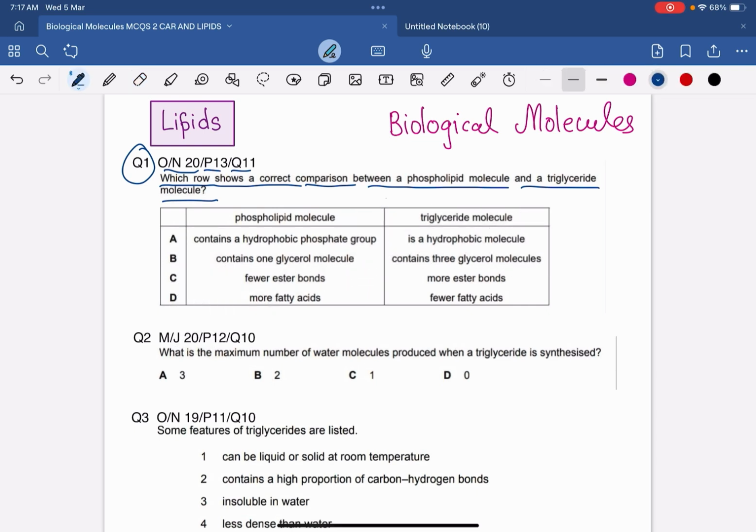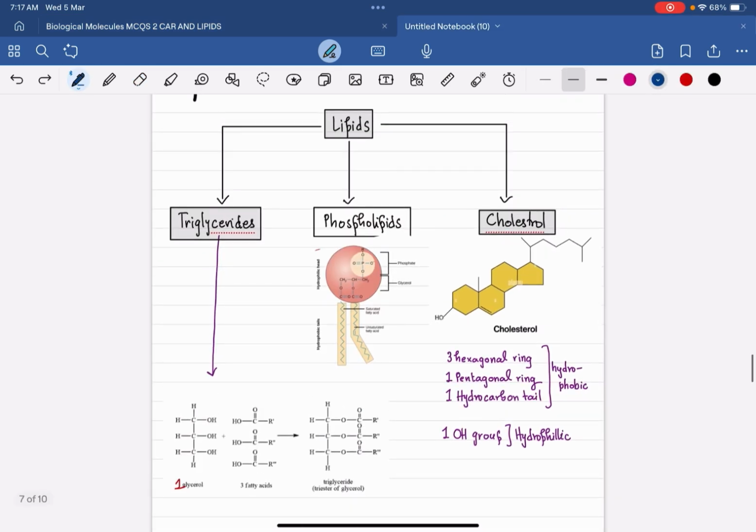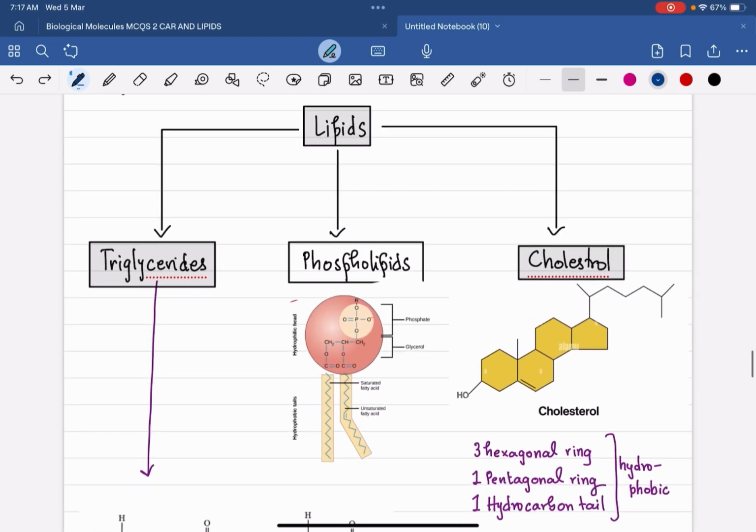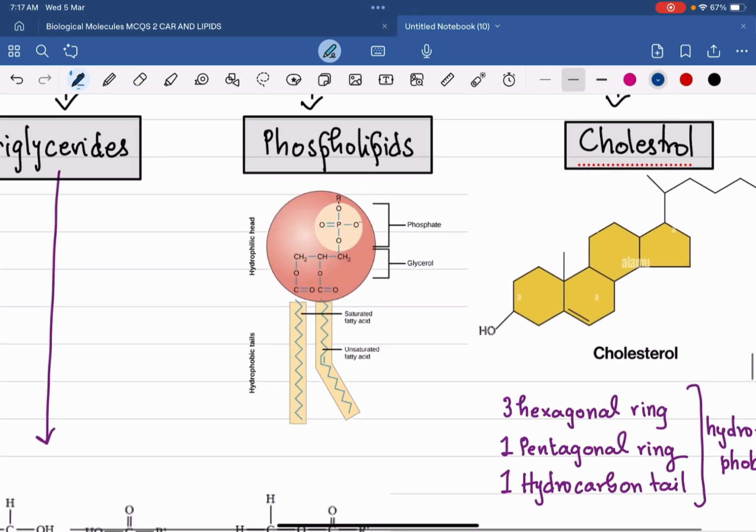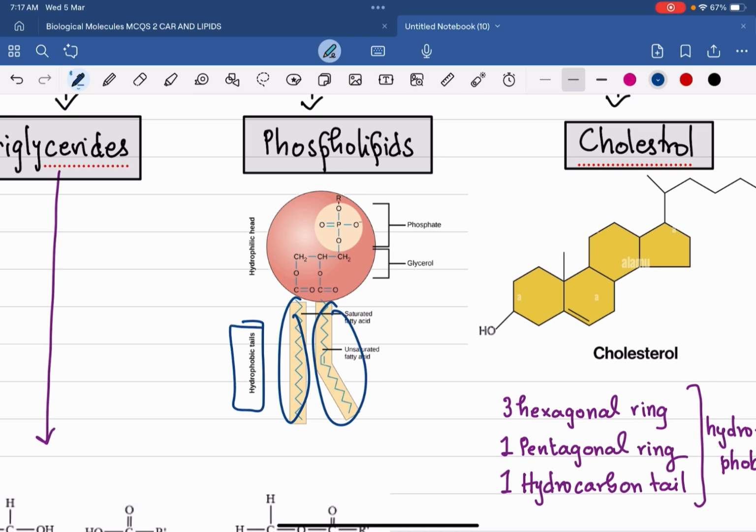So first of all, before moving on to this question, let's look at the lecture notes and gain some basic knowledge about the structure of the phospholipids and the triglyceride, right? If I talk about the phospholipid molecule, it is made up of two fatty acid chains. This is one fatty acid chain and this is the other, and both fatty acid chains are hydrophobic in nature, right? And the head of the phospholipid is made up of the glycerol and the phosphate, and it is hydrophilic in nature. If you see over here, there is only one glycerol molecule, one phosphate molecule and two